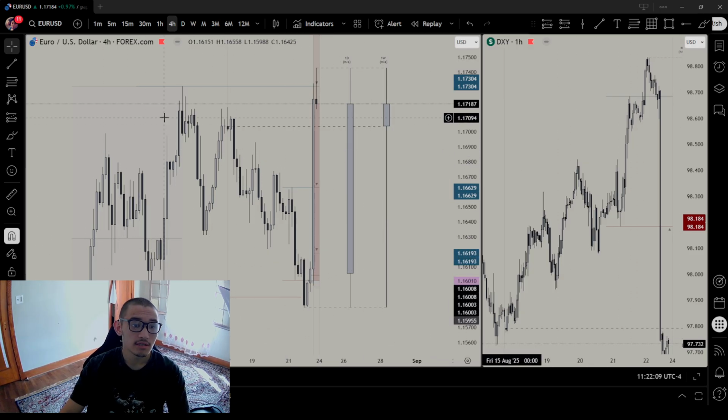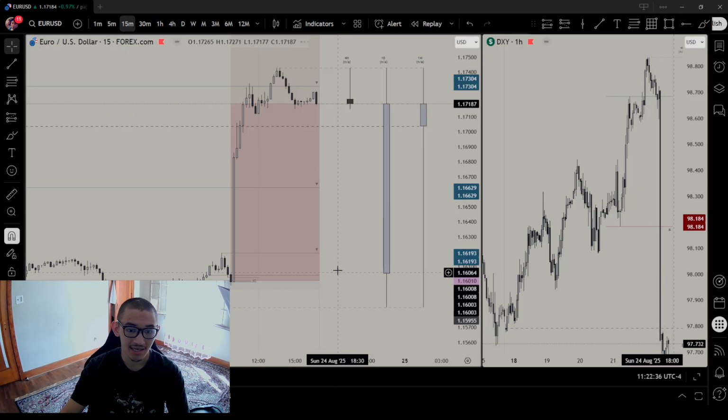So focus on the lower time frame. The higher the time frame, the less R you get. But if you're a bigger player, you need to focus on the higher time frame, if you have a lot of allocations. And when I say a lot of allocations, not $1 million. $1 million is not a lot of allocations. It needs to be above 5 million or 10 million for you to be considered a highly allocated trader. Otherwise, you're not.